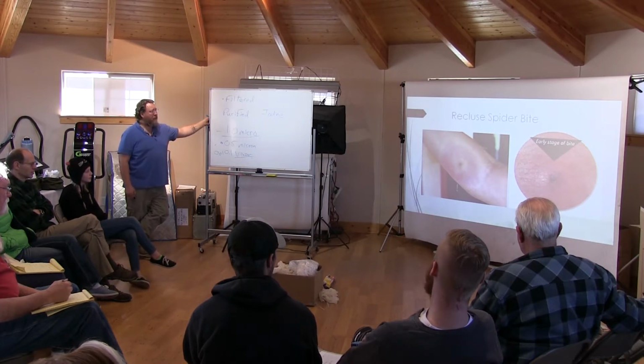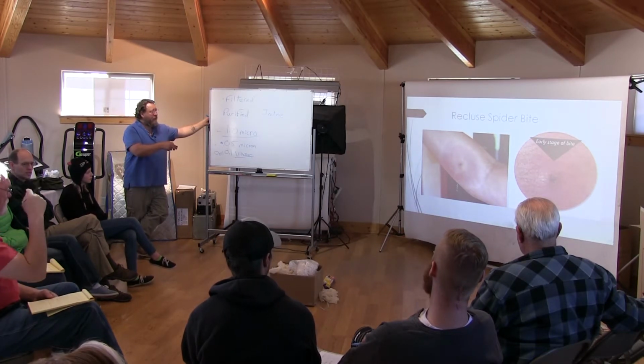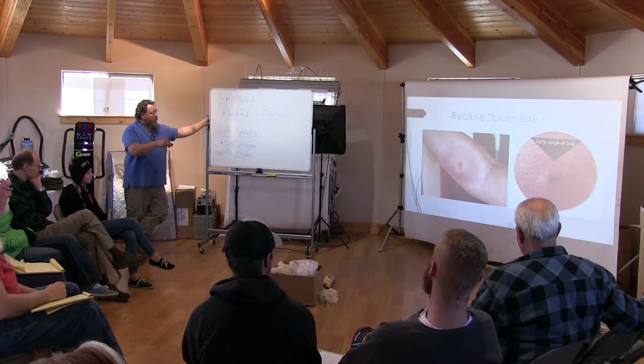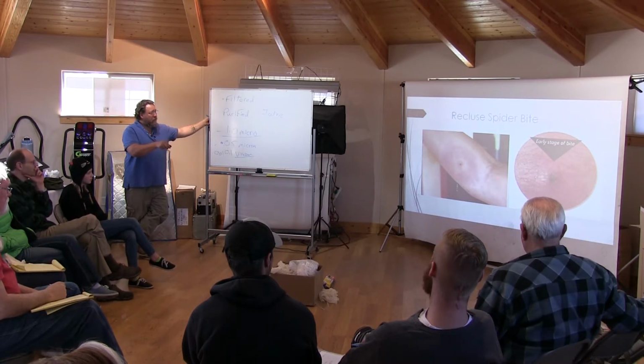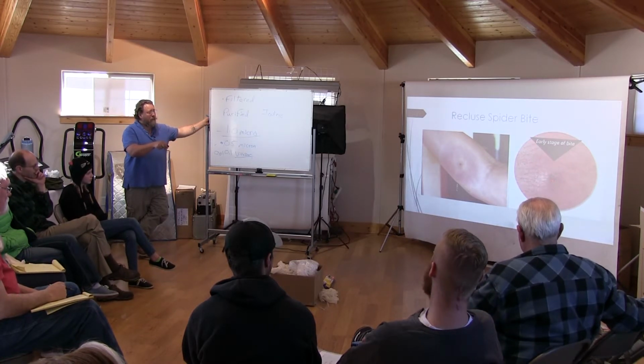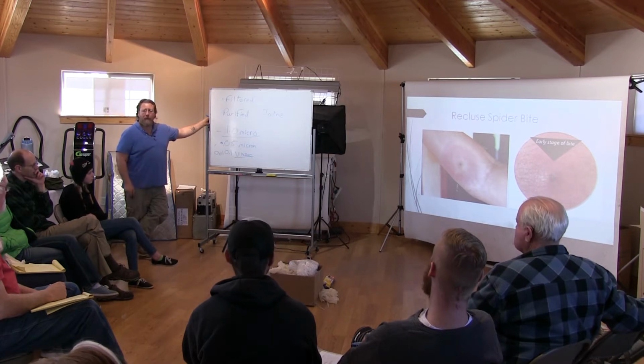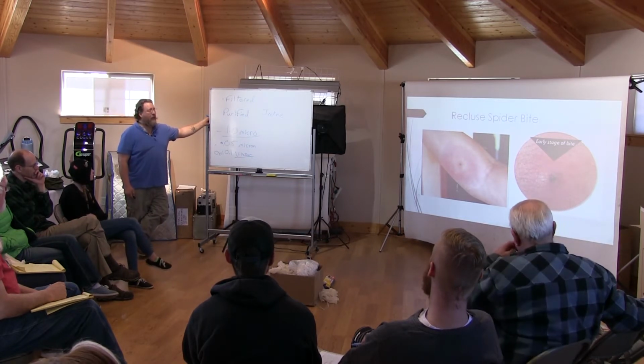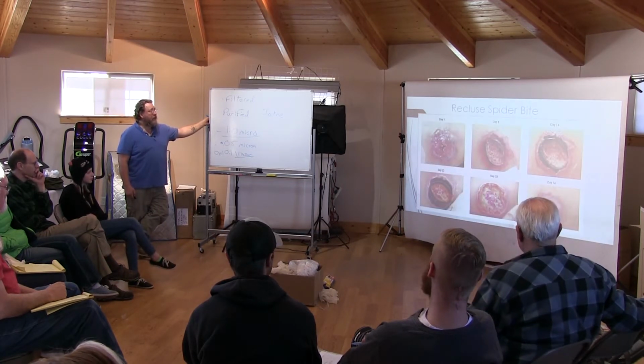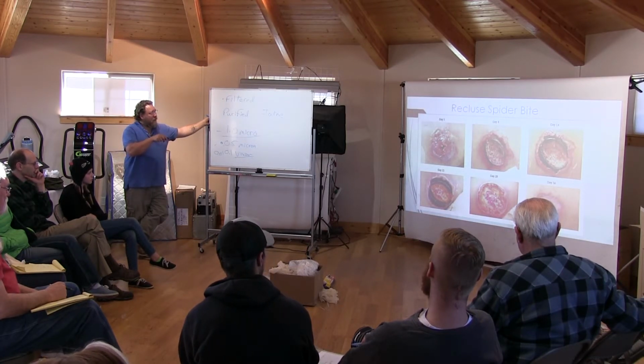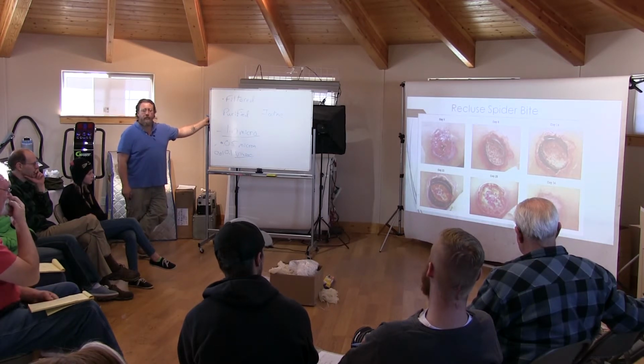Early stages of that bite is going to look like a bee sting, and then it's going to form a pimple right here in the center. Here's one where the pimple is popped. Once the pimple pops, there's going to be a black dot in the center. And within hours to days, it will grow from that tiny little black dot to forming blisters and dead tissue